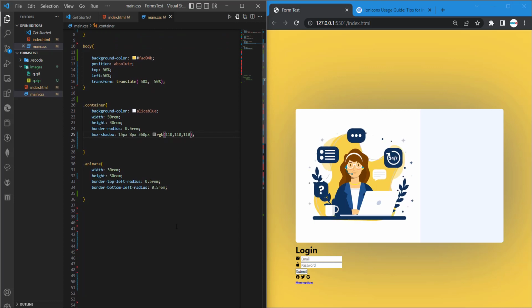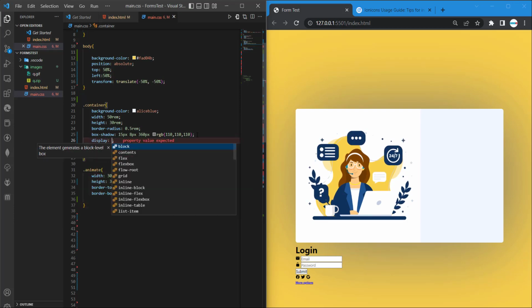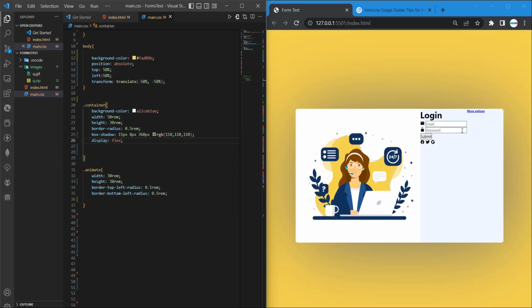Now let's work on, let's see, display. Sorry, here. Let's display flex. So display flex. Okay, so we should have. Okay, so we have our items or our UIs here. By default the direction is row. Okay, so let's go to our,